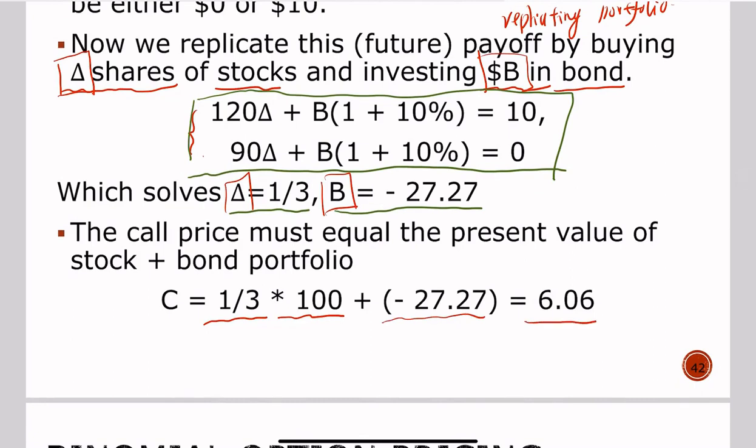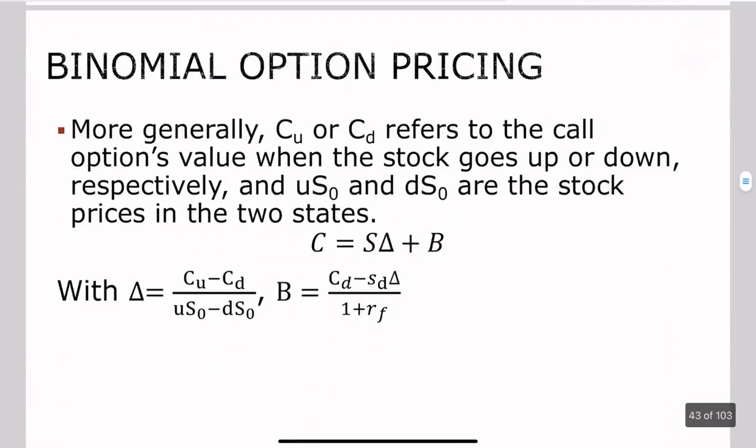Make sure you understand this process, right? How to calculate these numbers. And you should also understand the underlying reasoning, right? Why do we do this? Okay,